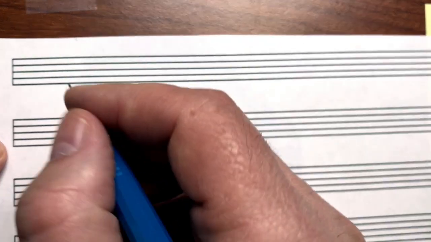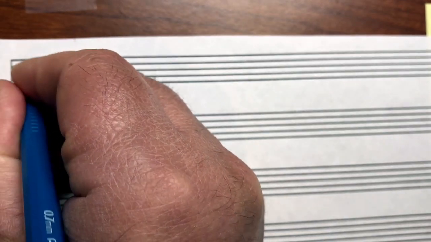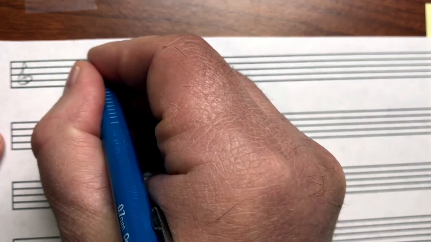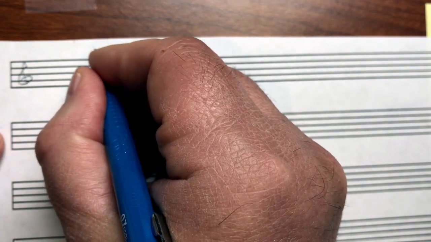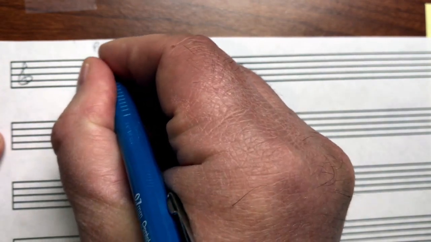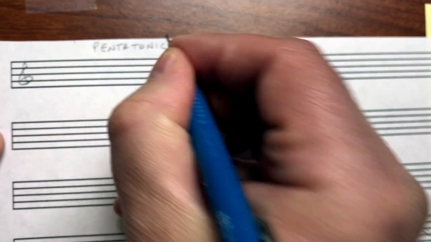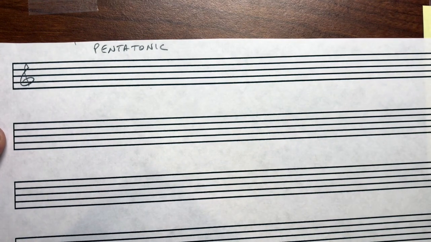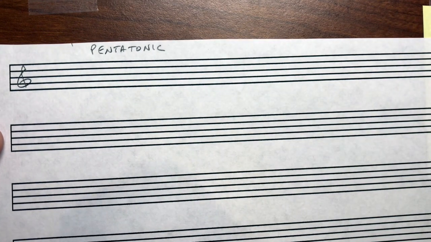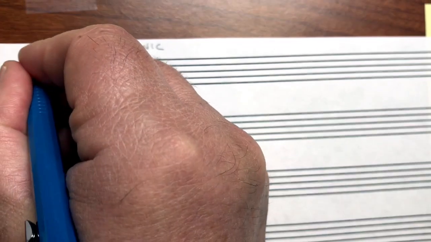Hey everybody, today we're going to look at pentatonic scales. The word pentatonic literally means 5 tones, and so any scale with 5 tones may be called a pentatonic scale. There are some that are very common that we need to note, which we'll do in this video, and the first is the major